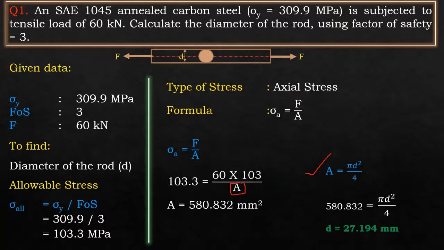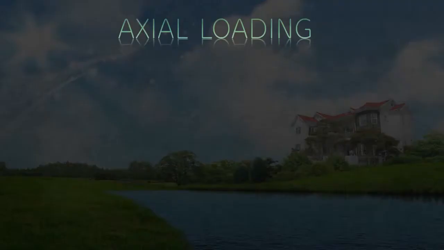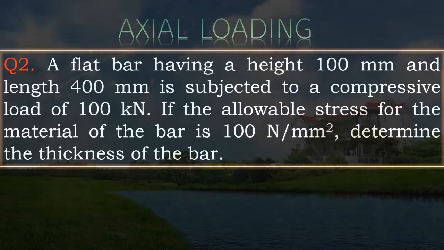Let us now go through the second numerical. The second numerical also belongs to axial loading. A flat bar having a height of 100 mm and length 400 mm is subjected to a compressive load of 100 kilonewtons. If the allowable stress for the material of the bar is 100 Newton per mm square, determine the